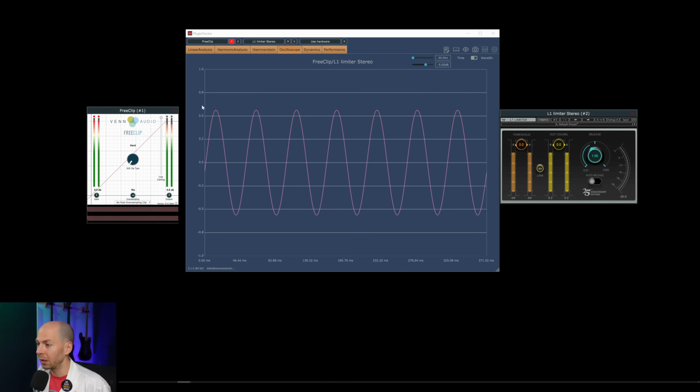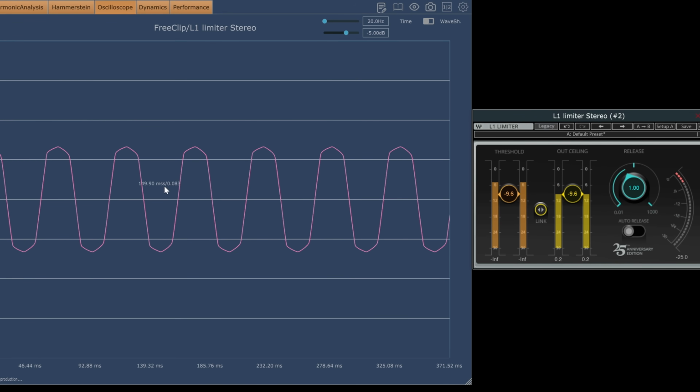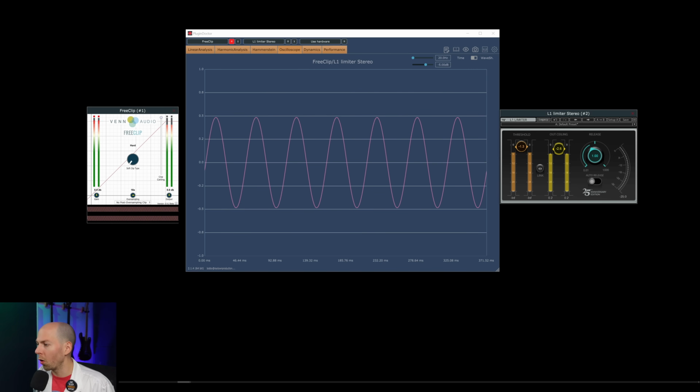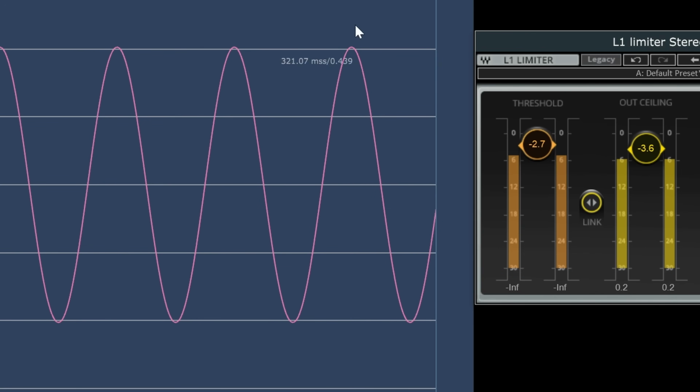So for example, here is a 20 hertz sine wave. As we bring this limiter down, what we see is the dynamic range of this sine wave decreasing. If this was your music, this could be like a kick drum, for example. Just like how the volume changes the amplitude of the sine wave, we bring the threshold down. We are literally changing the waveform and squishing it down on top of itself. So you see we're getting a change in the shape of this waveform.